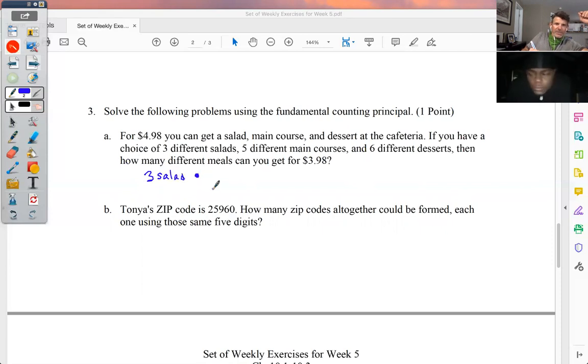You have 3 choices for a salad. I'm gonna go ahead and put a multiplication sign right there. You have 5 choices for your main course. And then you have 6 choices for dessert. So the fundamental counting principle basically says that we can take 3 times 5 times 6. When we multiply those together, there are 90 possible different meals that you can get. Exactly. And that's it. That's how easy it is. It's a basic theory of probability. And when you're looking at sample spaces,